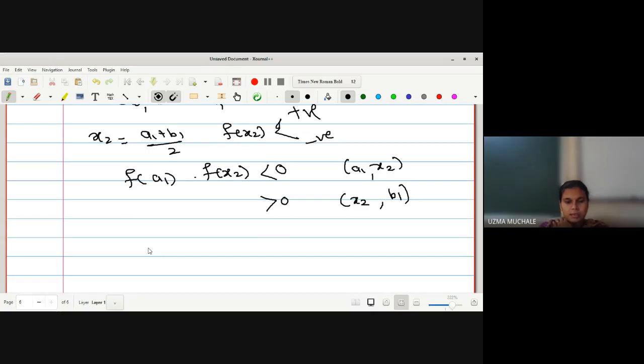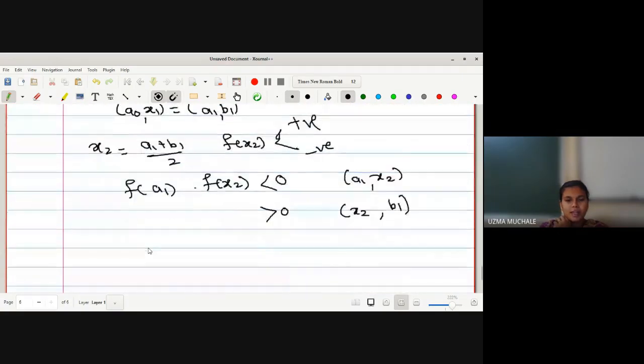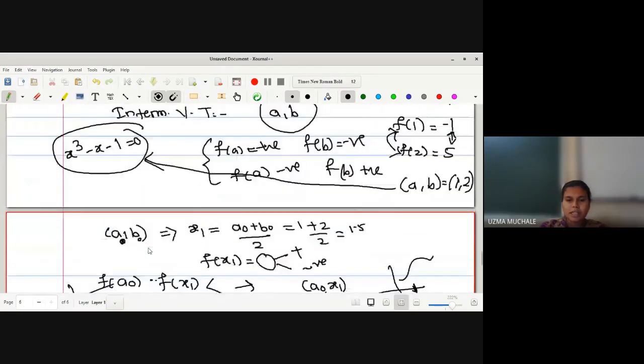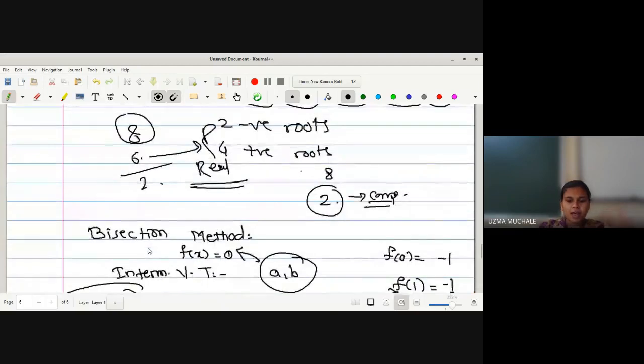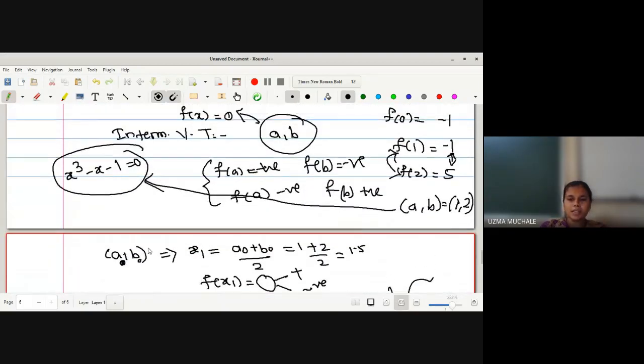Yes, ma'am. Is it understood? Everyone getting the same? Somewhat confused. No doubt it will be somewhat confusing, but while solving the example, the idea will be more clear. It is very easy to understand. What you have to do? There is an example. That's why I am taking the example simultaneously.